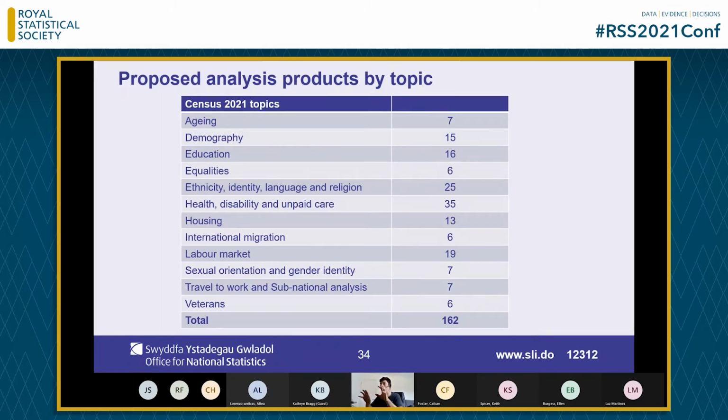So this is the list of analytical topics that we're doing based on the 21 census. I won't go through all of them, but we've got some newer topics in there. Things like ageing, equalities, sexual orientation, of course, this time around, veterans, as well as our traditional topics like demography and housing and health and labour market and so on. There's perhaps a particular bias this time around towards topics such as health, primarily because of the events of the last 18 months or so. But we feel we've got a really good range of topics this time around to